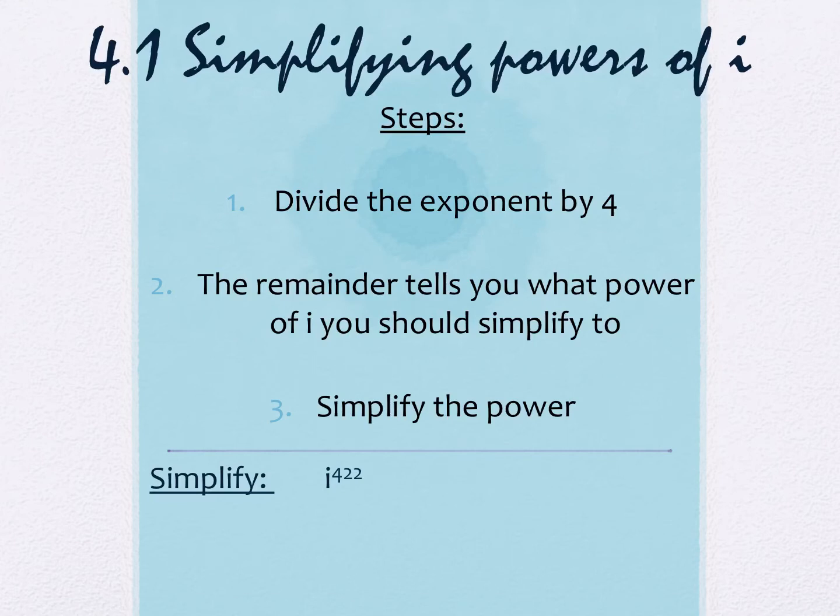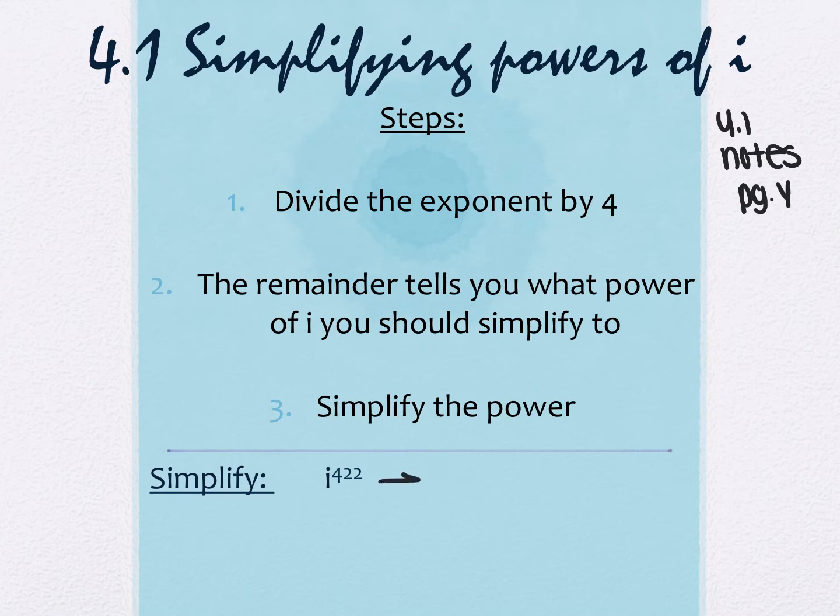What I want you to do is start by opening the 4.1 notes. This was page 4, the notes that we had started on Thursday before the snow day. So if there's anything that you didn't get down here, I just wanted you to take a minute to get the 3 steps down. So for simplifying the powers of I, what we're going to do is